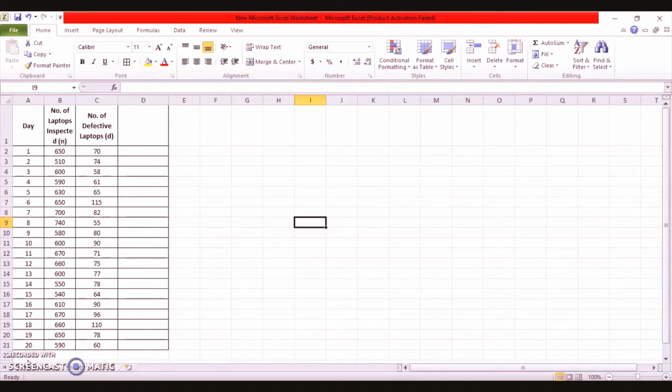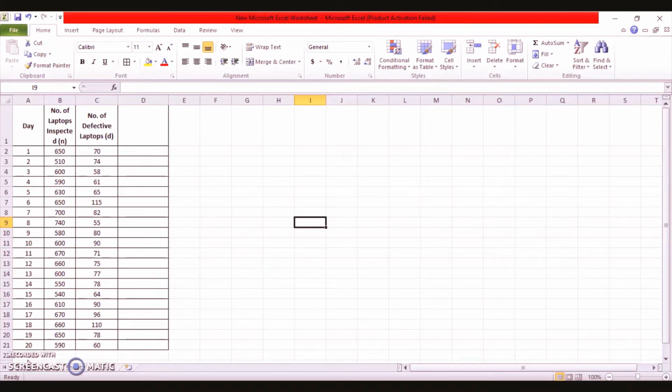Now in this video, we will explore with the help of the data that I have taken. You can see on the screen a total sample of 20. With the help of this data, we'll learn to apply those two approaches. We'll learn how these two approaches differ. What is the basic difference?